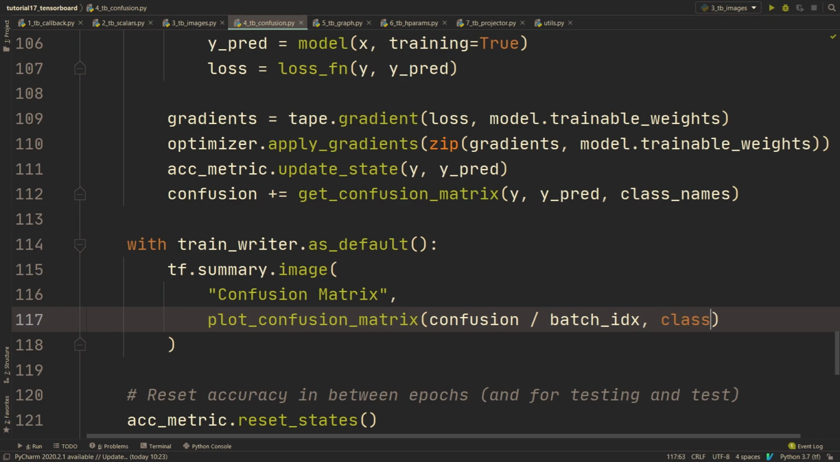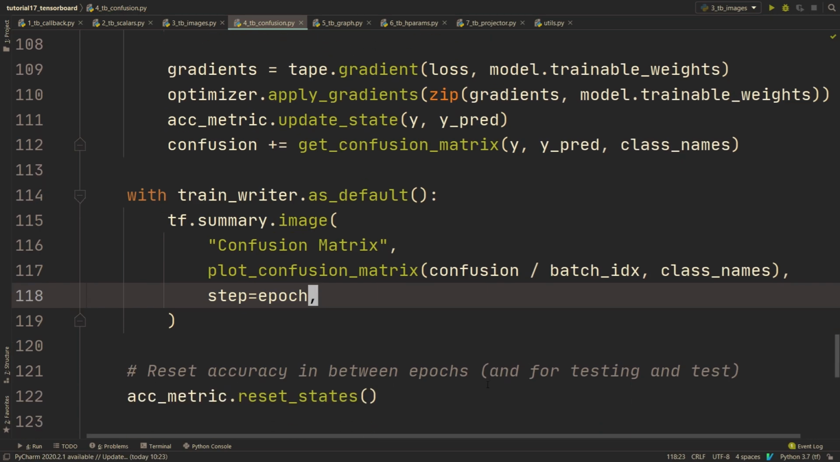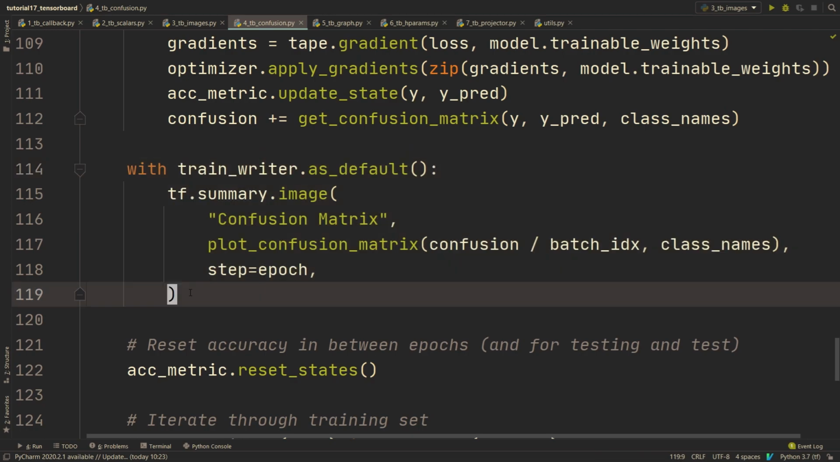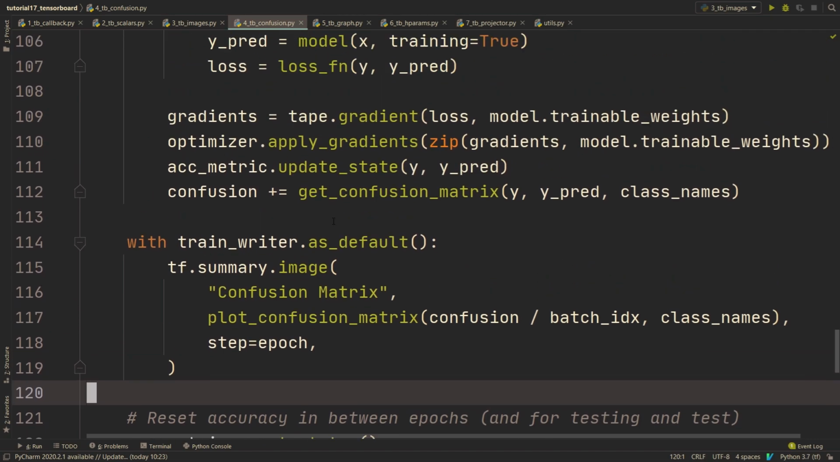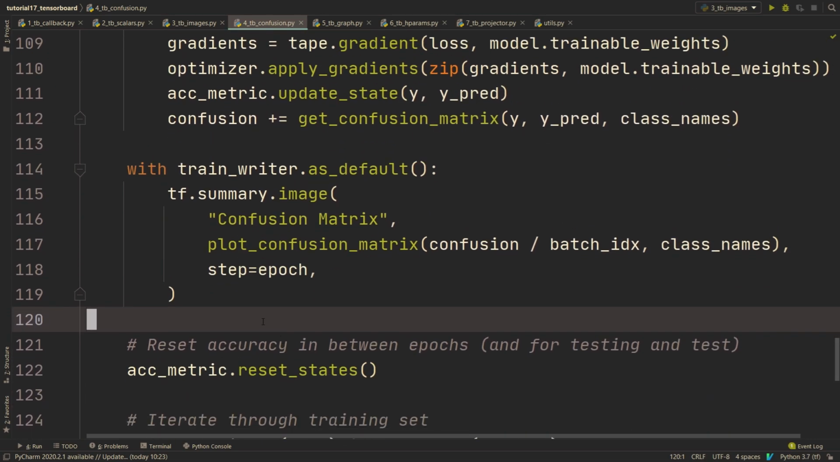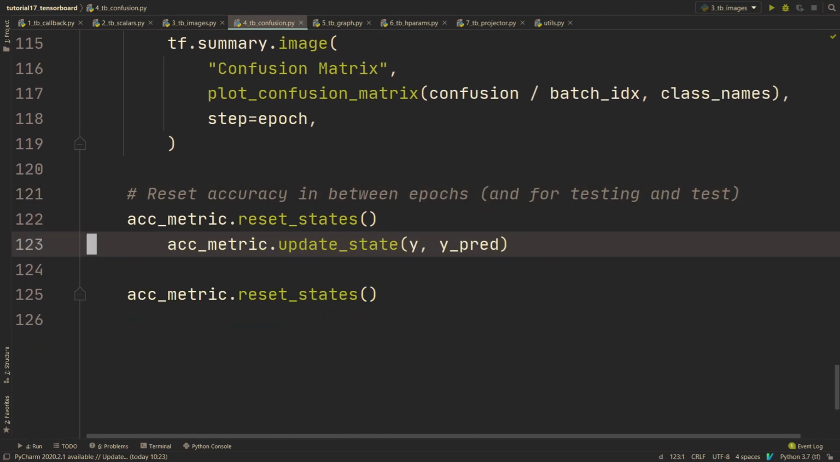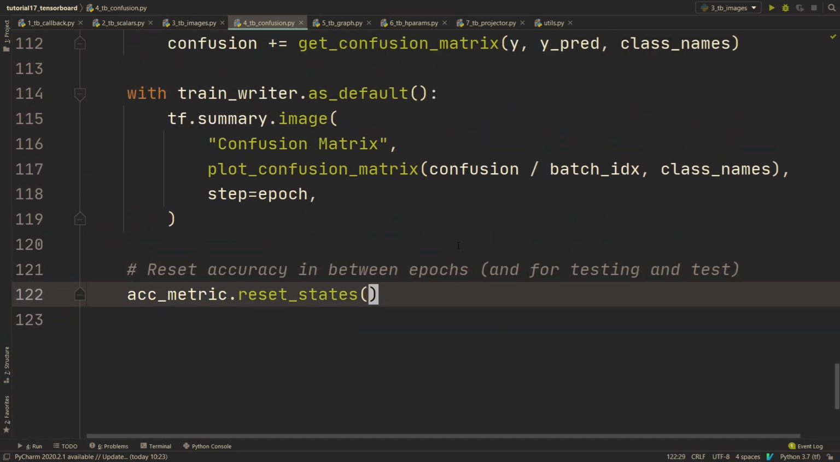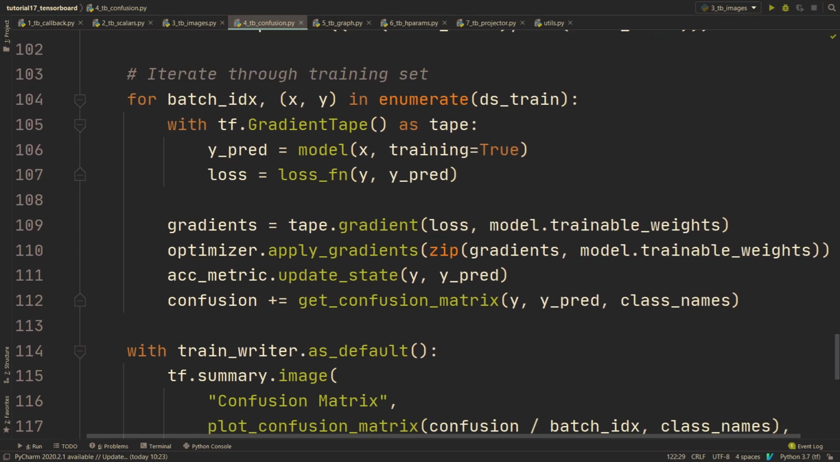And then we have class names, and we're going to specify the step as the epoch. So we're just plotting the confusion matrix every epoch, because this can also be quite expensive. All right, and then we don't have to do it for the test set, but of course you can do it for the test set if you want. But I'm just going to remove this, because that's not really needed, and we can save on some compute. So what we want to do now is go to the utils function,